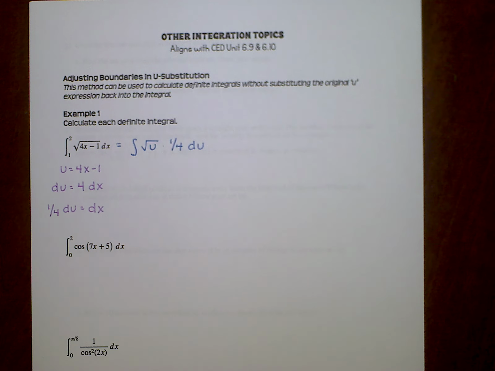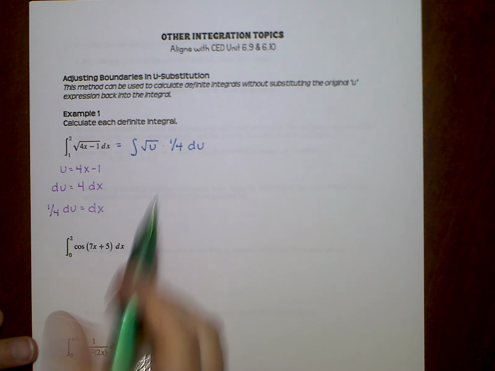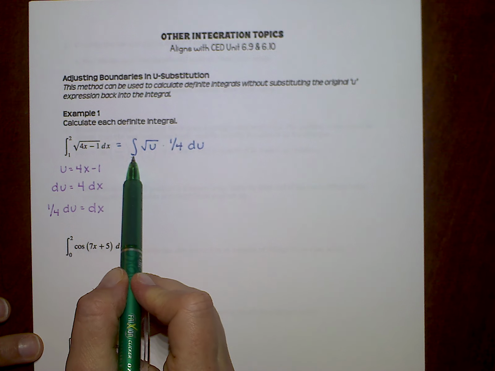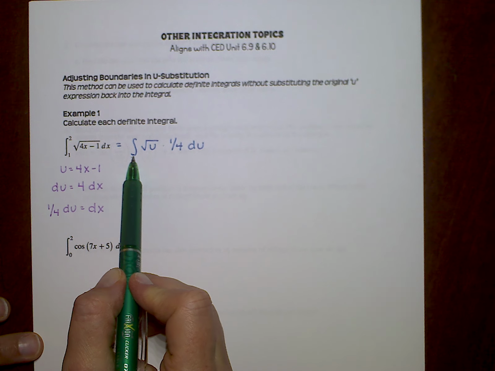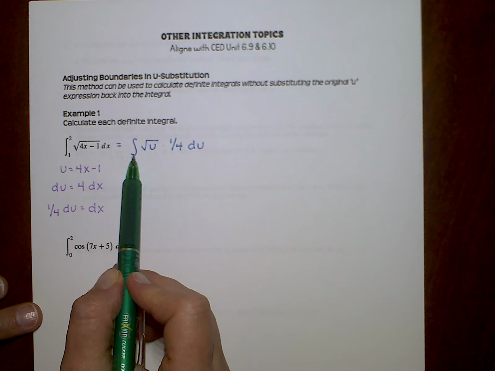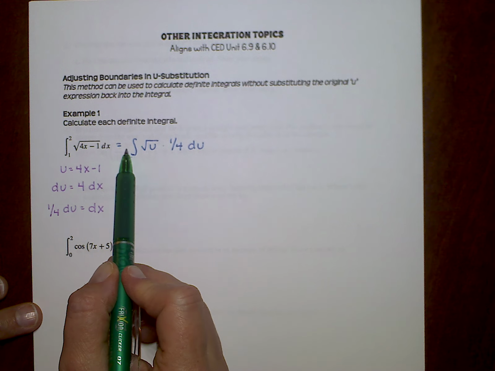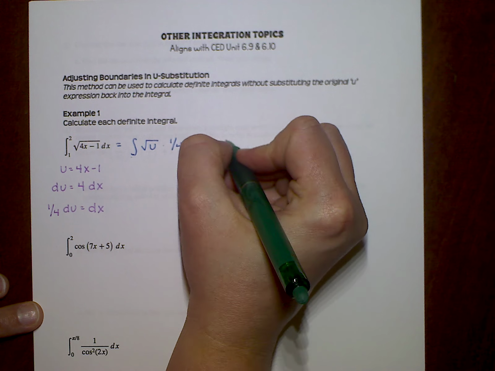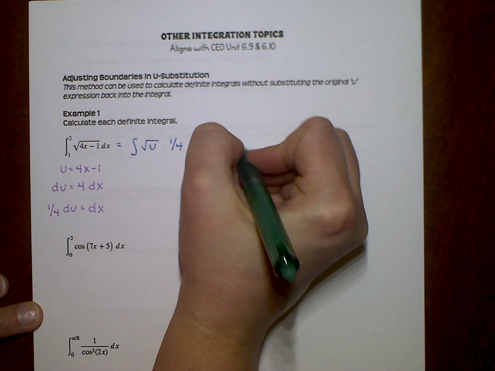My notation is still a little faulty here, but we'll come back and fix it in just a minute. My next step, and this is the step that a lot of people forget, is to actually take an antiderivative. That's what this thing is telling me to do, right? I could technically pull the 1/4 out front, but that's just going to be part of my antiderivative, right? So I'm going to have 1/4 times